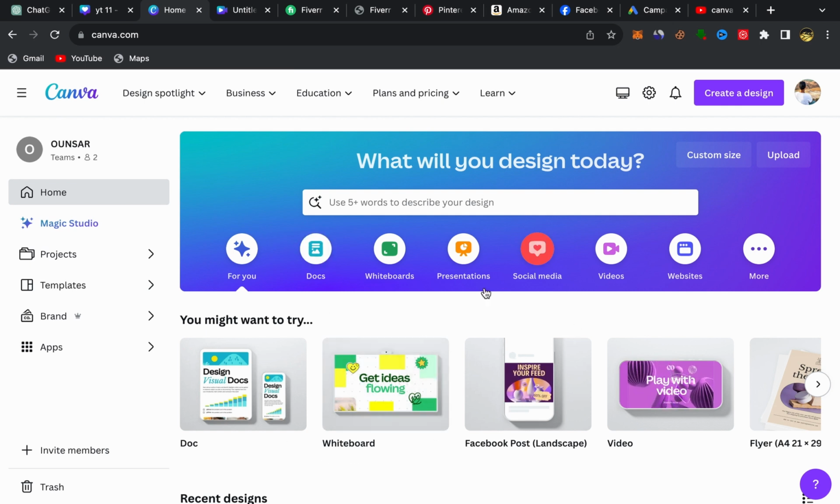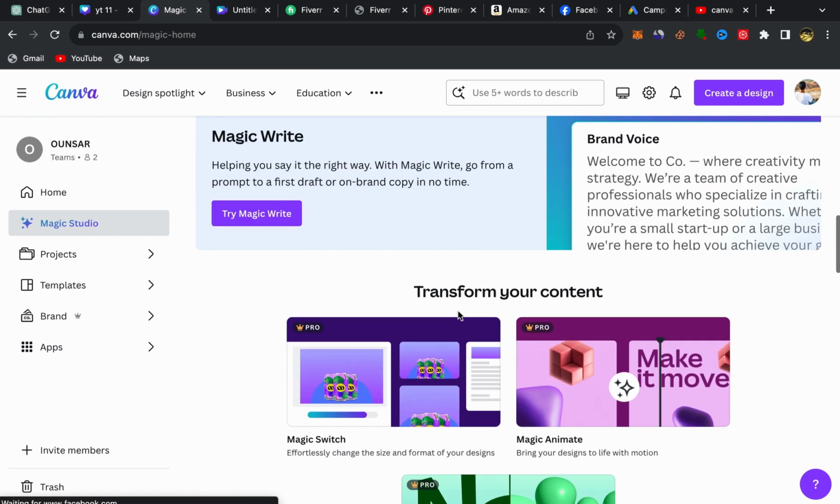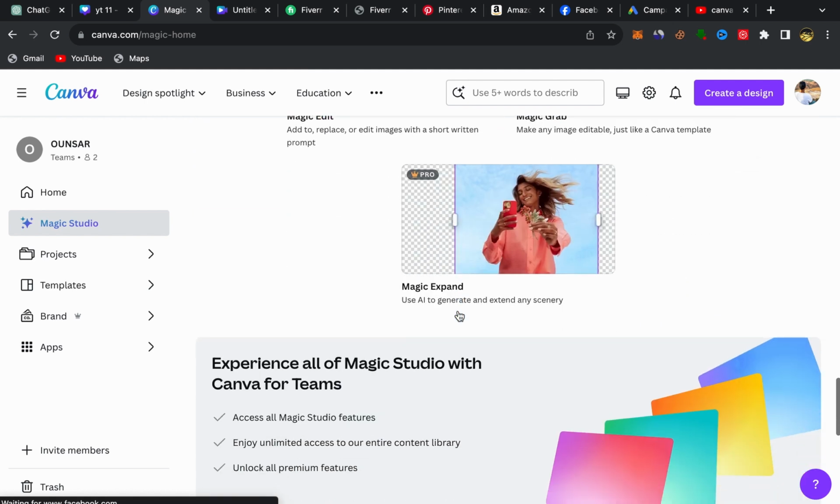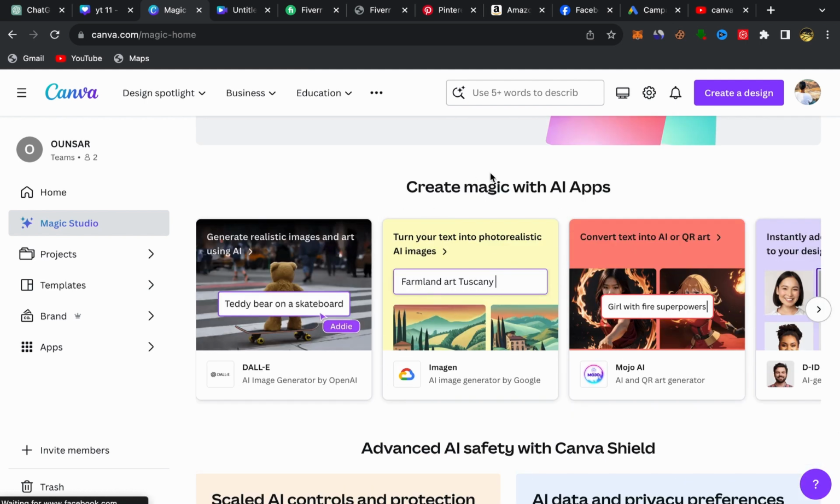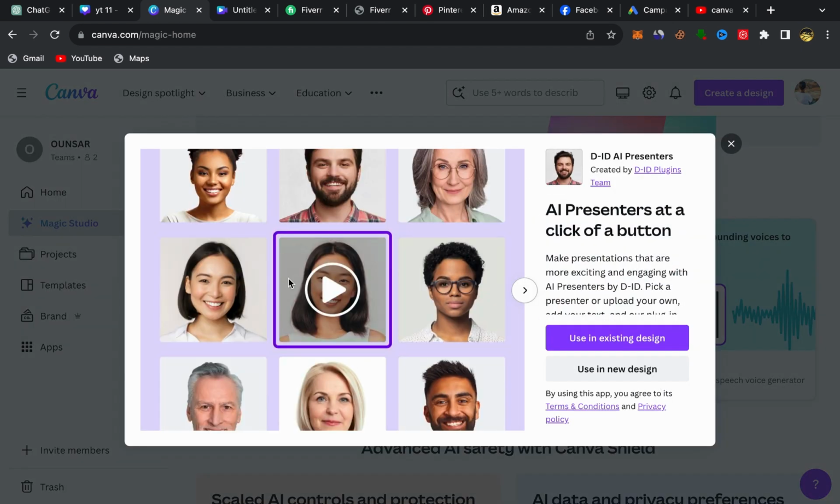So what you need to do is you just need to go to your Canva home page like this. Okay, and you will click over here on Magic Studio like this. You will be directly in this page. What you need to do is just scroll down. Keep scrolling down like this, and you should see over here create magic with AI. Okay, you will swipe left like this, and you should see over here AI generated avatar. Click on this option like this,